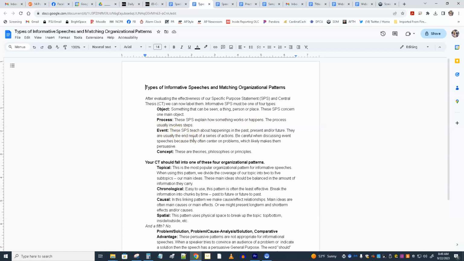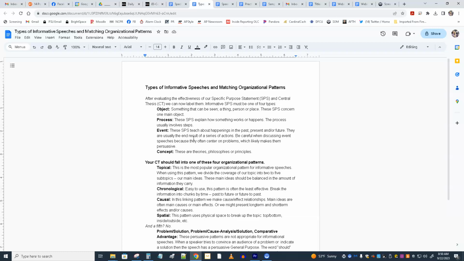Events can be a little tricky. Some are obvious, like a concert or a celebration or a parade. Those are events. An event could also be a war, or it could be something that might happen in the future. There are things that have a past, present, and future. They usually are the result of a series of actions. They could have a cause, but they might not, if it's just an annual event sort of thing. A war might have a cause. A famine, which might be an event, might have a cause. So you could do your presentation on that, and that would be an event presentation, an event SPS for your presentation.